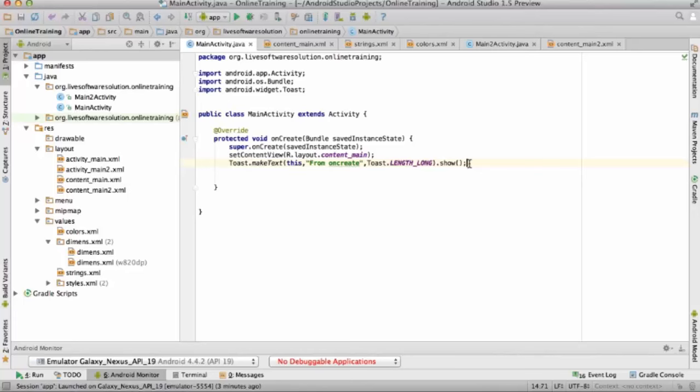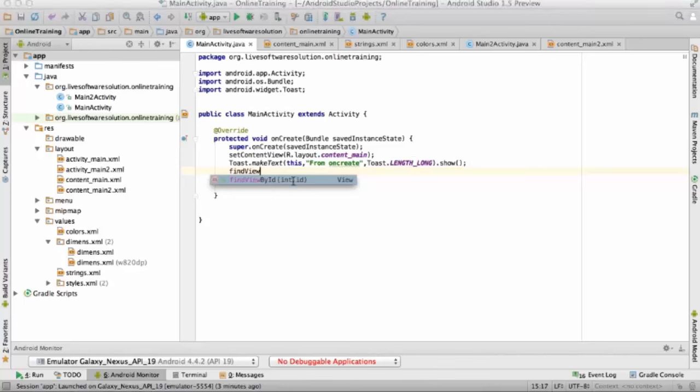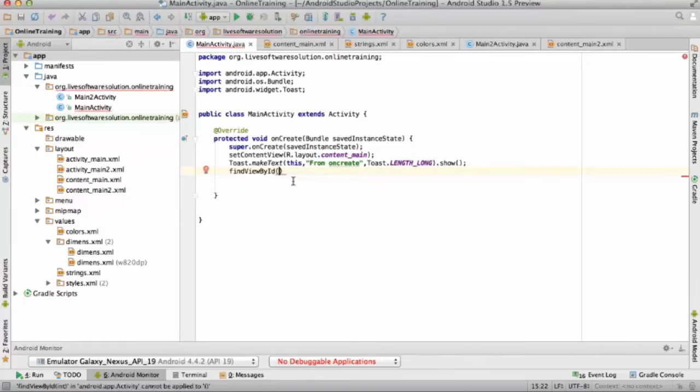So for that, I need something. What is that thing? First of all, I want to open my content. There are lots of ways to do this thing, but I will tell you two ways, with the help of which you can do that. Right now, there is an attribute. That attribute is called the click attribute, onClick, android:onClick.